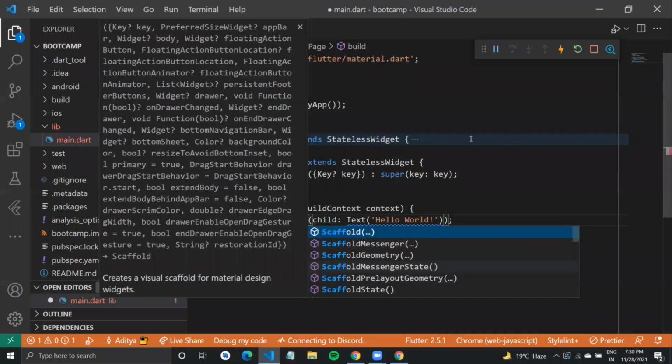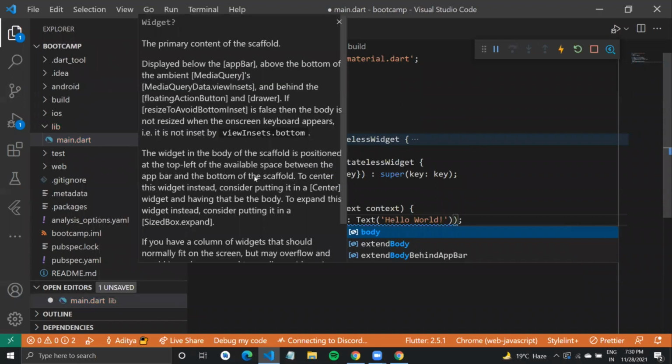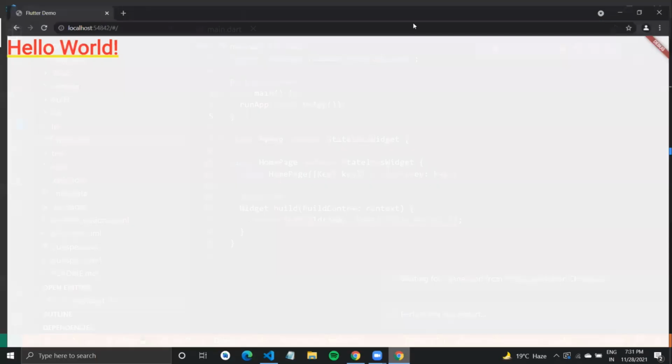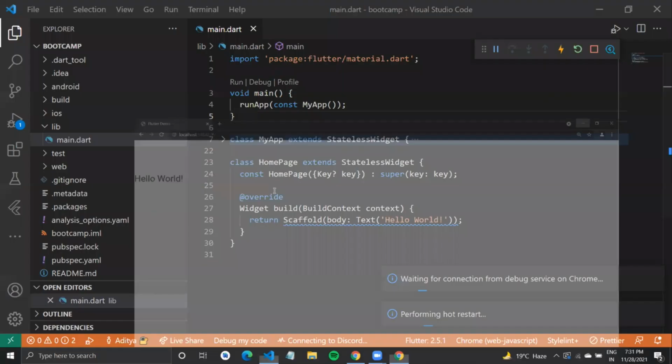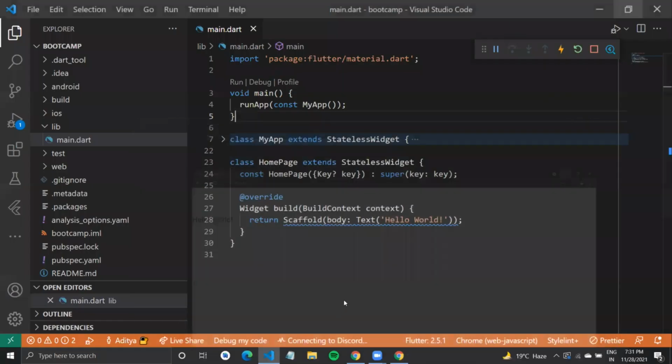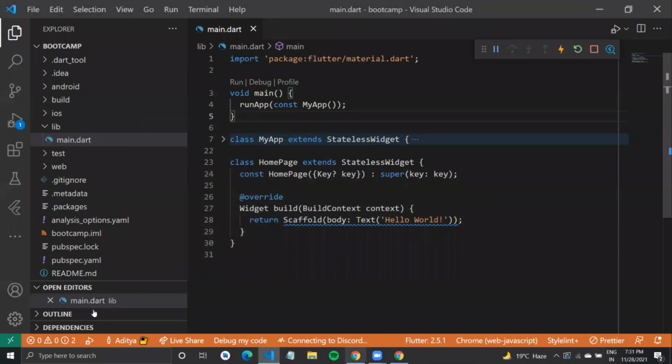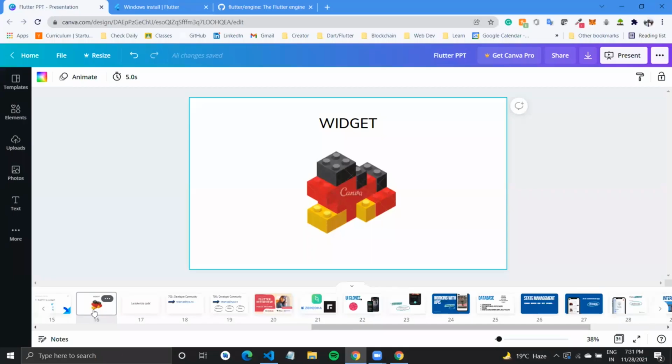Right. So let me just clear this. Now it's a bit smaller, but it appears a bit better. Now you can see the text is a bit better, but this is the basic Flutter application of a hello world. So I don't want to go into code because I just wanted to show you more of what the basic building block is, and that is a widget. And there are a lot of options available in it.